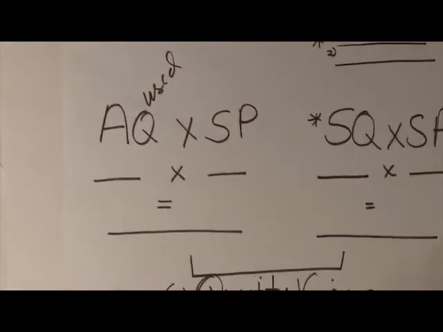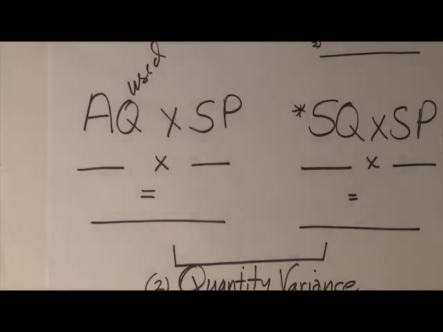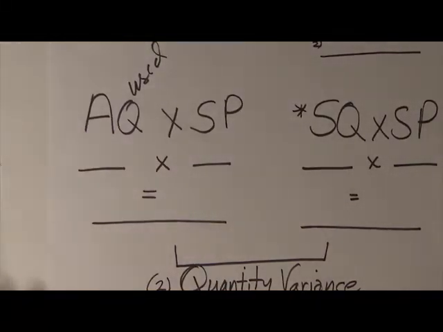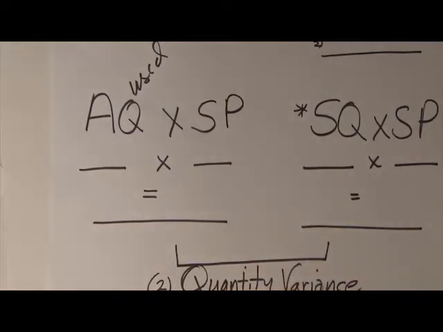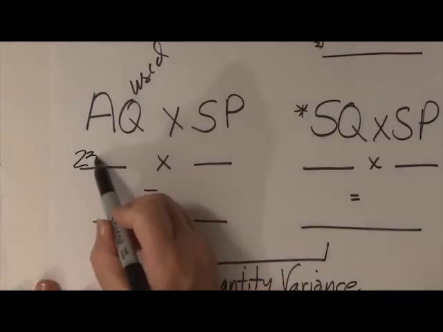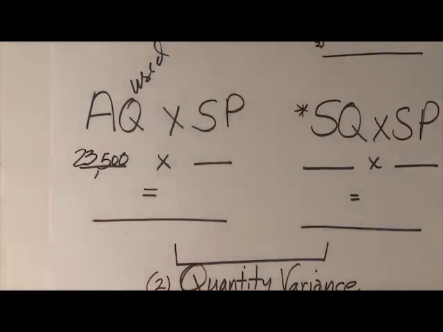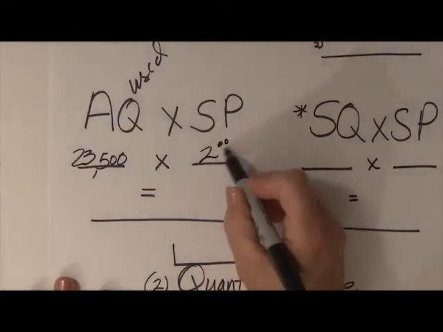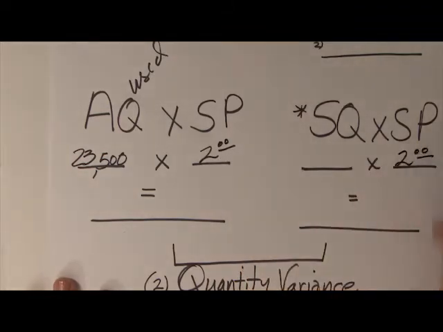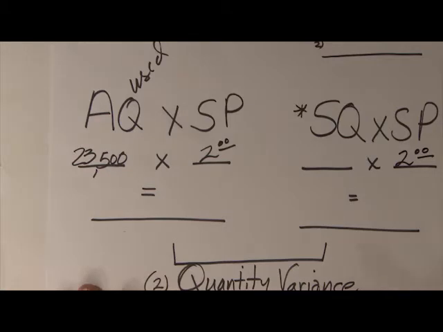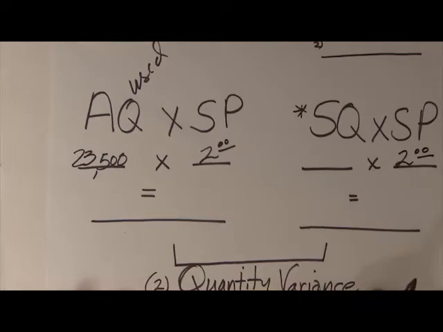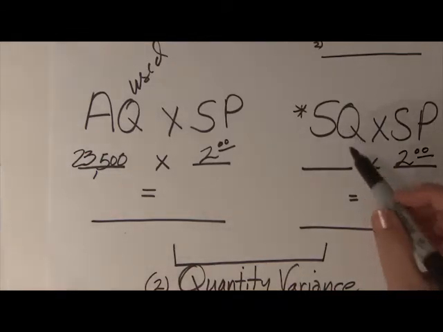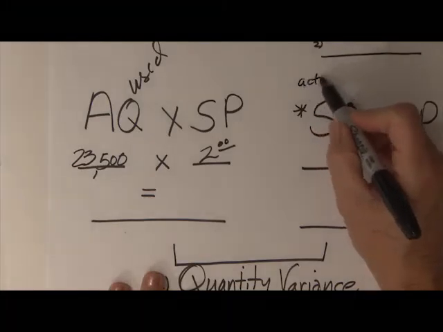Now we want to look at what we're going to call the quantity variance, and in this particular material variance, we would use our actual quantity that we used in production, not purchased. So we used 23,500 actual yards. The standard price is $2, the same over here. Think about what we're looking at now. We're not looking at the price because this is the same for both, but we're looking at the quantity that was used. The standard quantity is always going to be your actual output